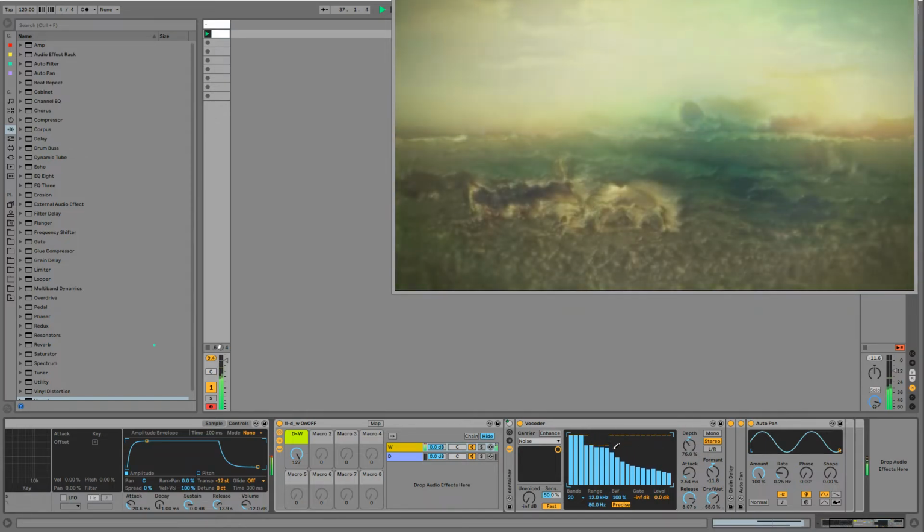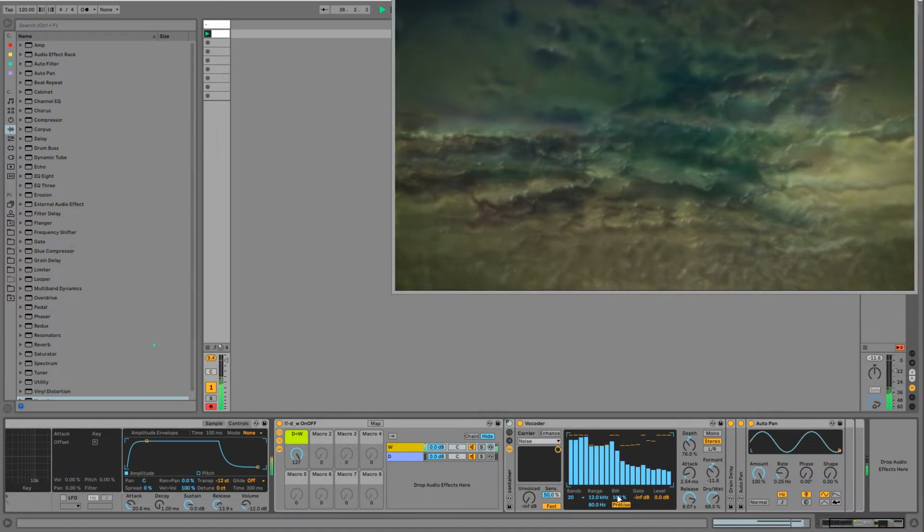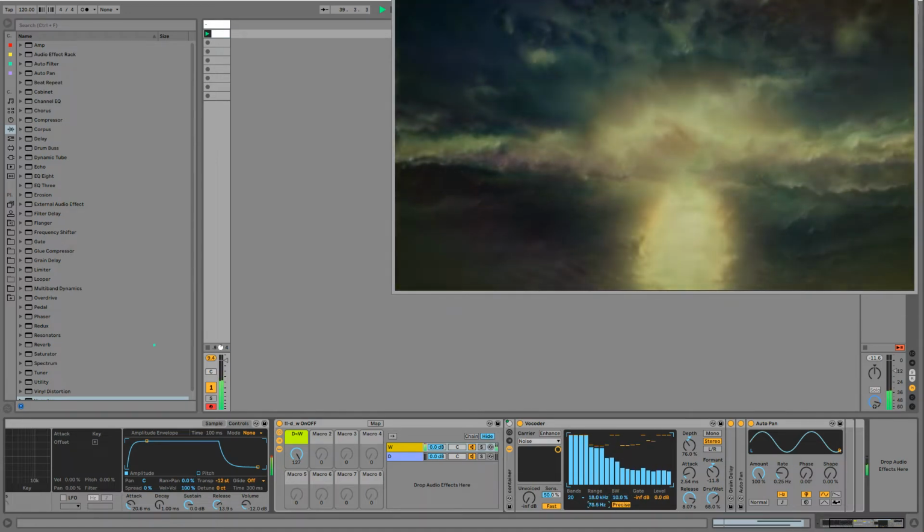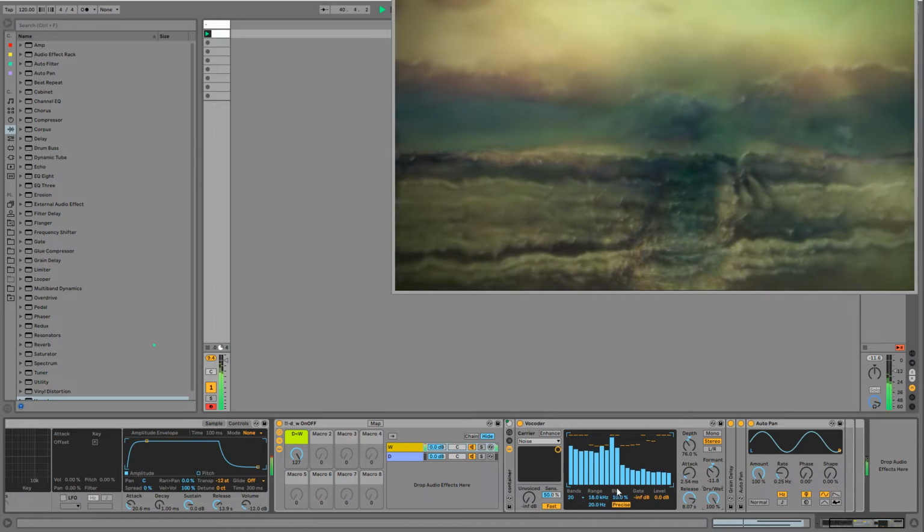It can add some nice, almost spectral sounds, especially when you pull this, if you really want to play with some interesting tones.